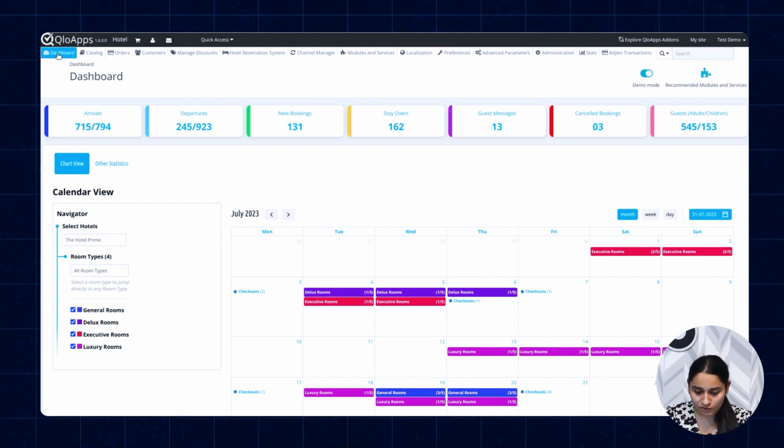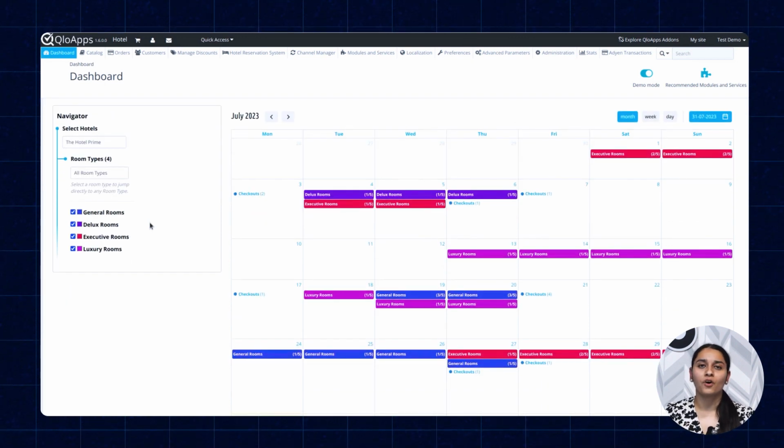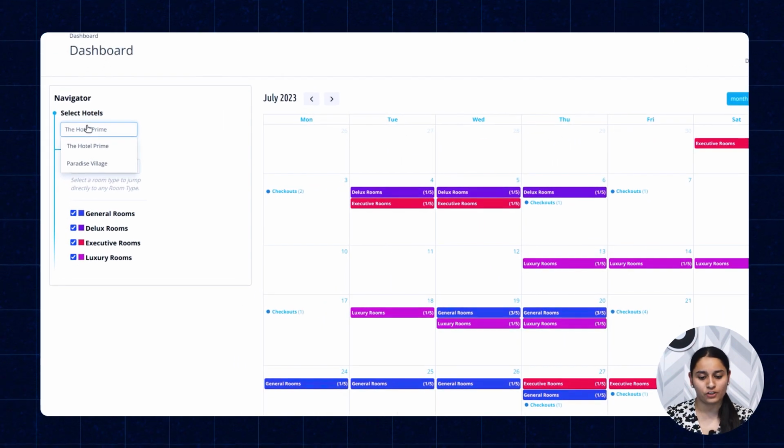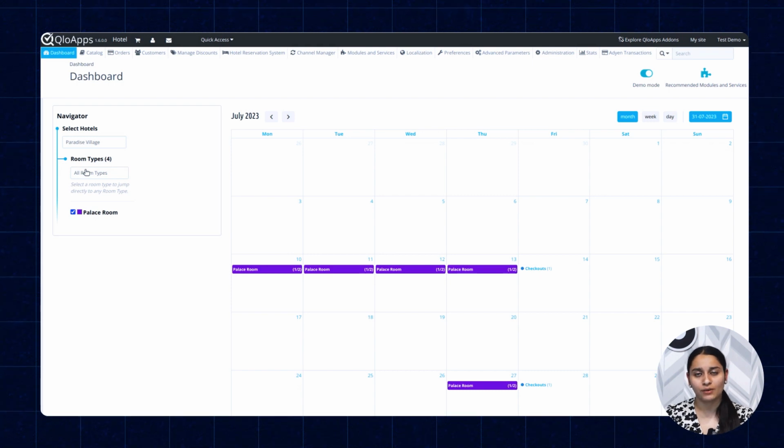desk interface. So, in case you want to see the bookings of a particular room type or room or hotel, you can filter those bookings using this navigator. So, as you can see, there is a select hotel option in the navigator. Using the select hotel option, you can configure and customize which hotel bookings you want to see in your calendar. So right now, the bookings of Hotel Prime are visible on my calendar. If I want to change the hotel, so let's say I want to see the booking of Paradise Village Hotel, I'm clicking on Paradise Village,